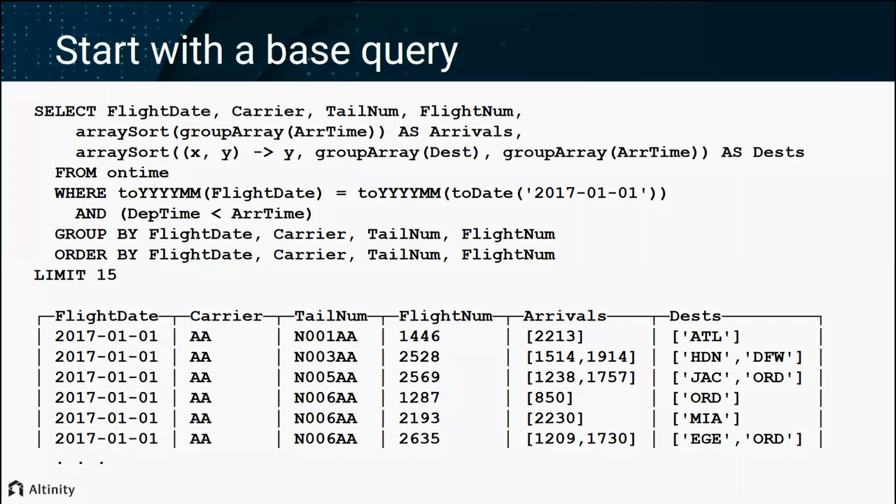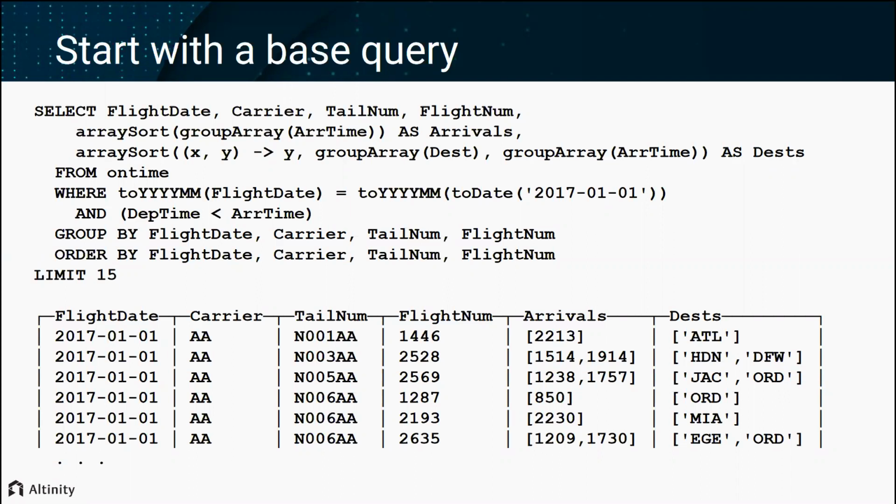So here's the base query. We're beginning to see things properly sorted. We see the arrivals, we see the destinations, because we want to know where people are going. That's important to solve this problem. So we use array sort, we use group array, just as we showed before, and then we can unroll it and get this nice tabular